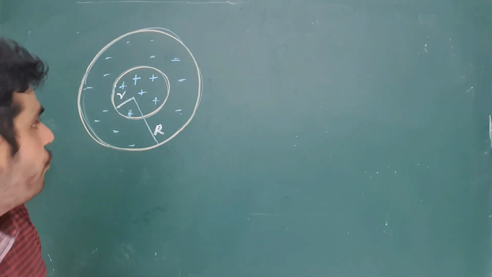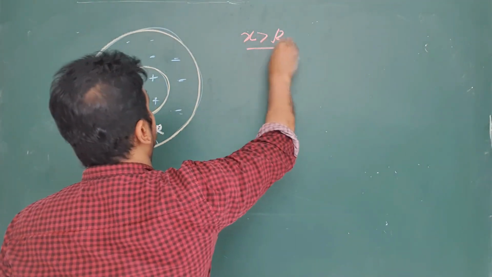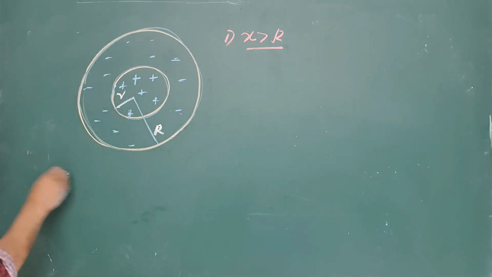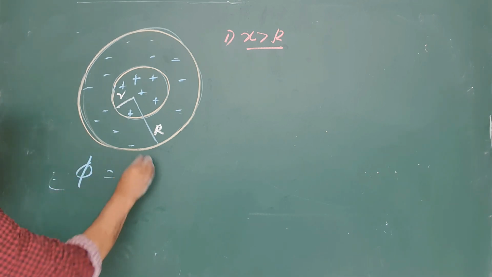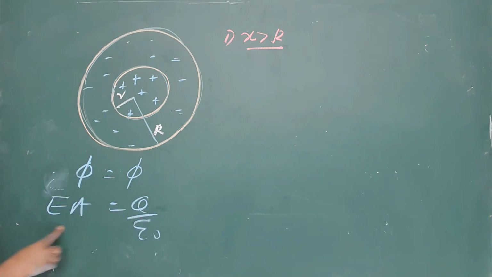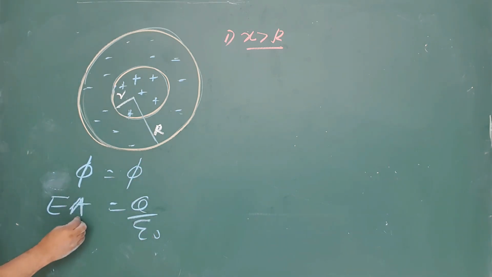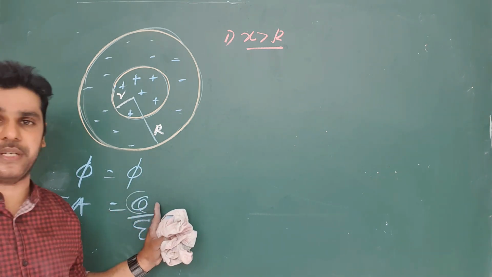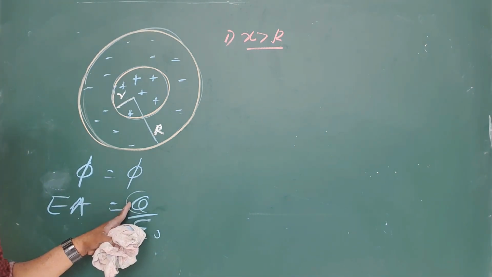Now first one, x greater than r. Now this is the method to write the electric field intensity. Phi equals EA equals Q divided by epsilon naught. This is given by the definition, and the right hand side is given by Gauss law. A is the area of the Gauss surface. Q is the algebraic summation of charge inside the Gauss surface. But when you write the value for this one, definitely you have to write the polarity. Right.